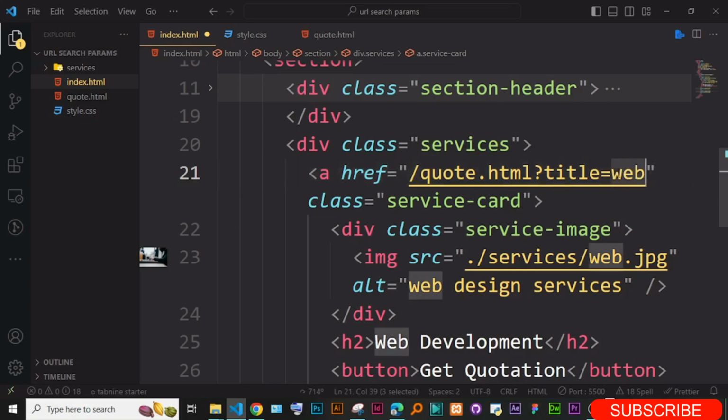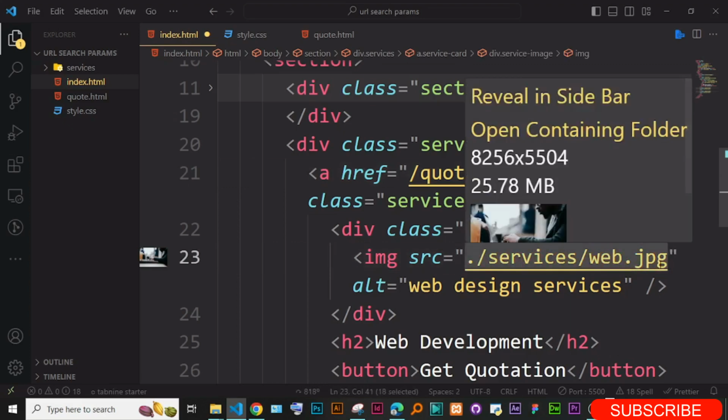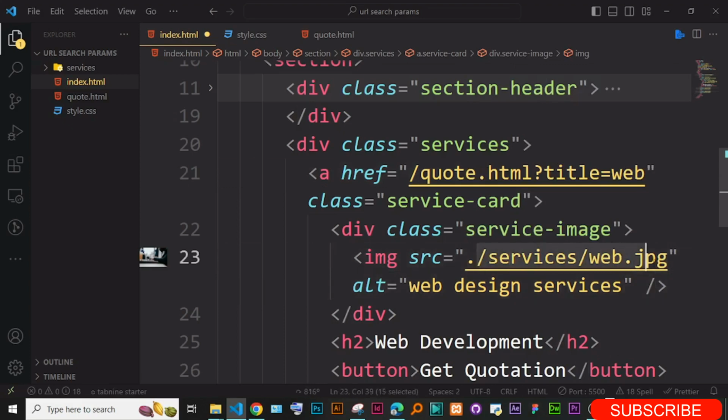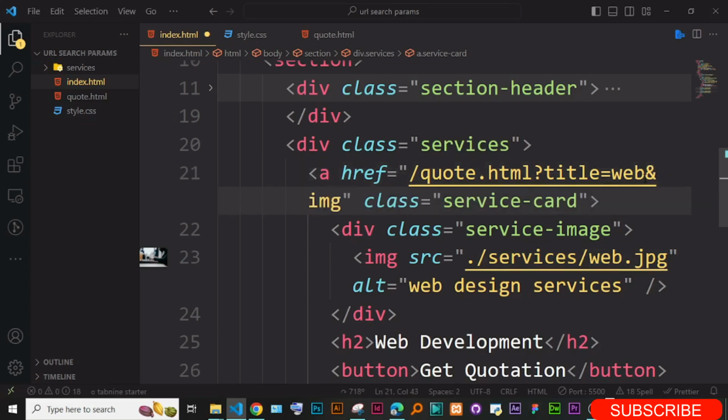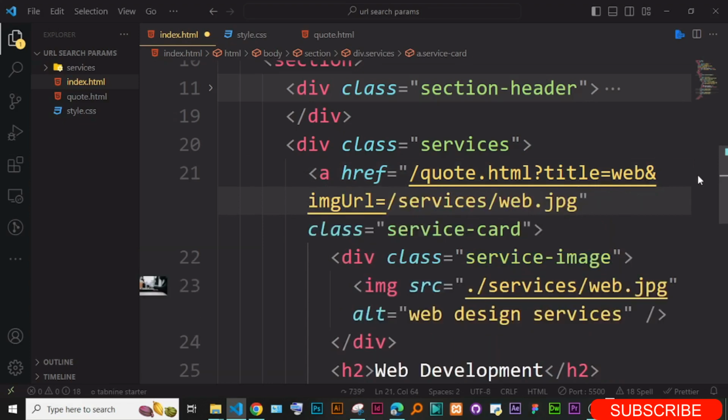That is enough. And then I'm just going to put also the image. So the image URL is this one. I can copy it, simply copy. I'm just going to copy like this, Control C, and I'm just going to say and. So use the and to separate, and you can say image URL is equal, and then you simply paste that. So you see I'm passing two things, the title of the service, and